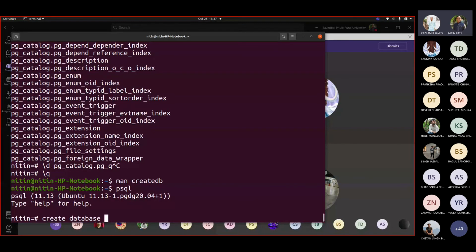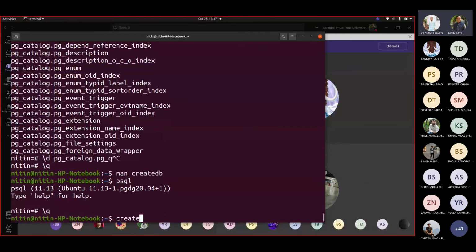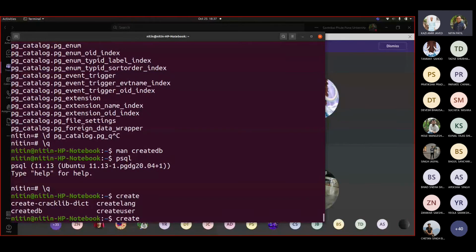So the createdb utility outside is added by the Postgres service. It permits you access through the script. There are other tools too. For example, if you quit from here and write create and then press tab, at least these three, createlang, createuser and createdb, are used by Postgres.